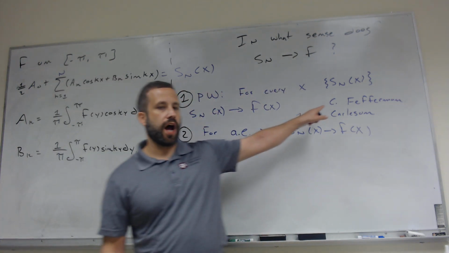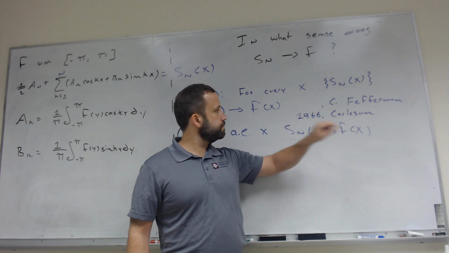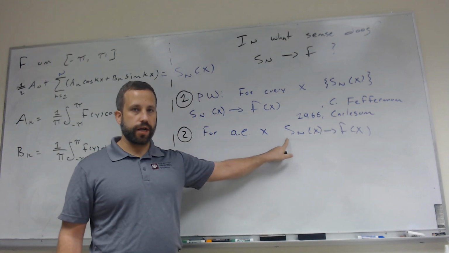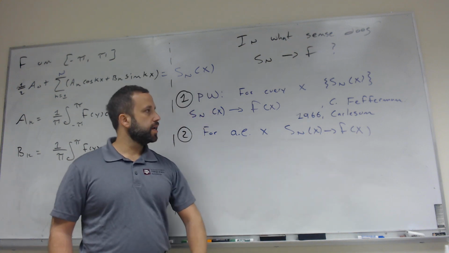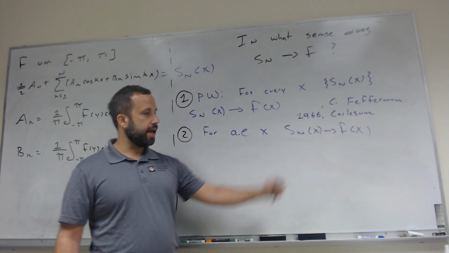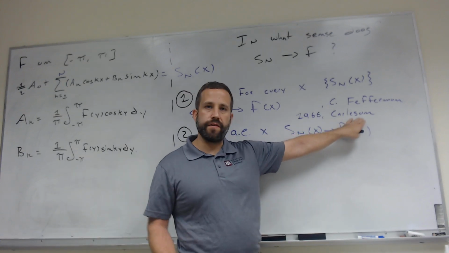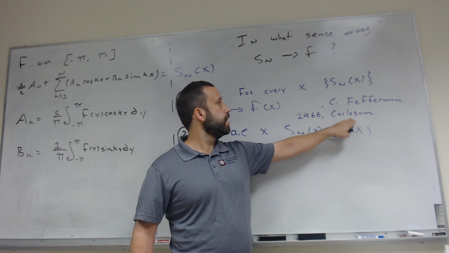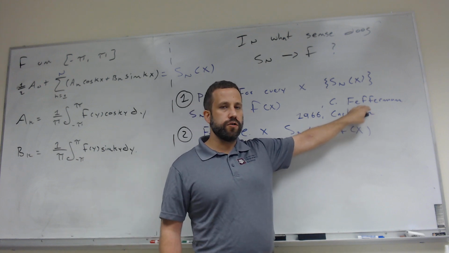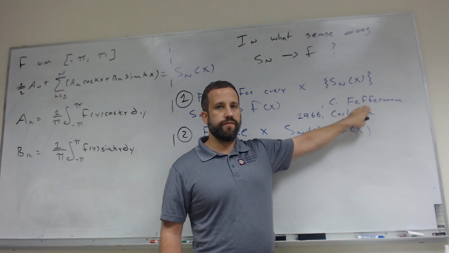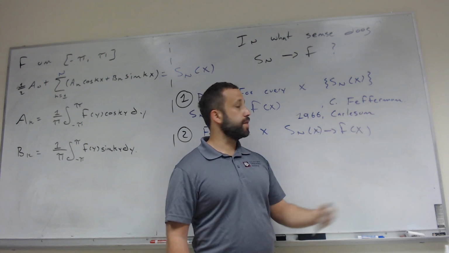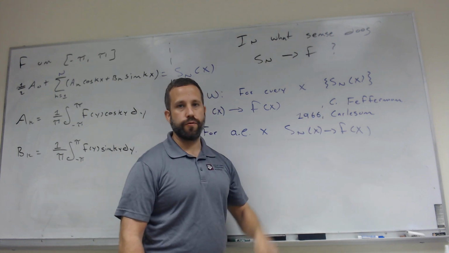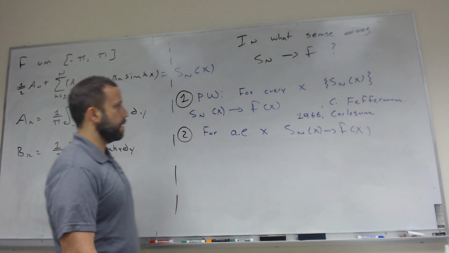Now, both of these guys have won the Fields Medal. So the reason I mention that is because proving this almost everywhere convergence for a general function f is very difficult. In fact, you win a Fields Medal. Carlson actually won the Fields Medal for proving the almost everywhere convergence and one other thing. And Fefferman didn't win the Fields Medal for the almost everywhere convergence. He won it for something else. But the point is, you have to be a top tier level mathematician apparently to prove this theorem. This is a very difficult theorem. We're not going to talk about it.